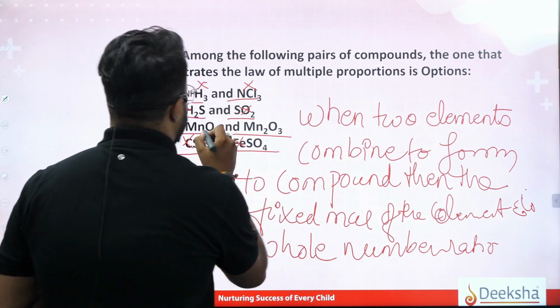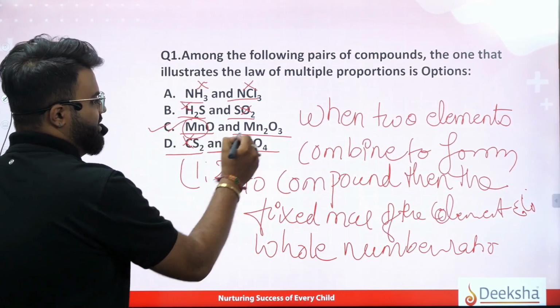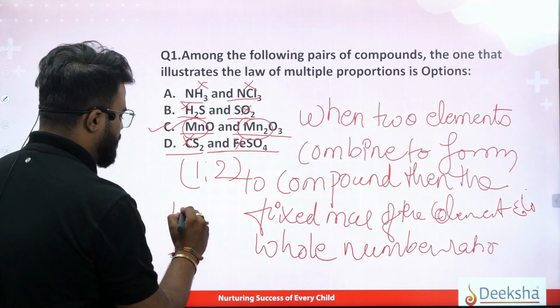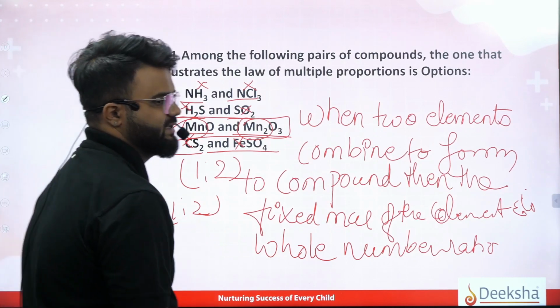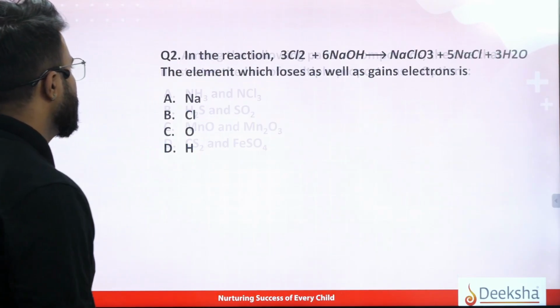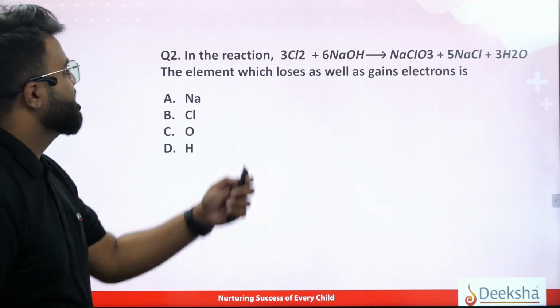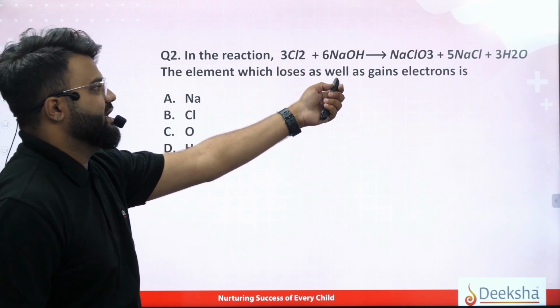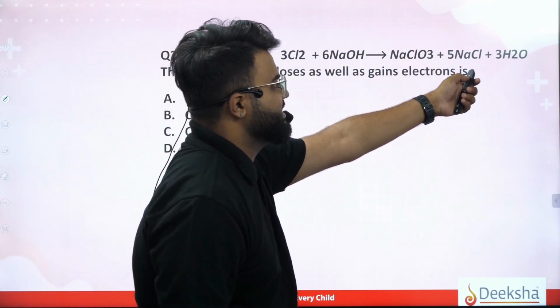Here it is in the form of a 1:2 ratio, so it forms a 1:2 ratio. The correct option is answer C. Clear? So coming back to question number 2, in the reaction, ammonium chloride plus NaOH gives ammonium chlorate plus NaCl plus